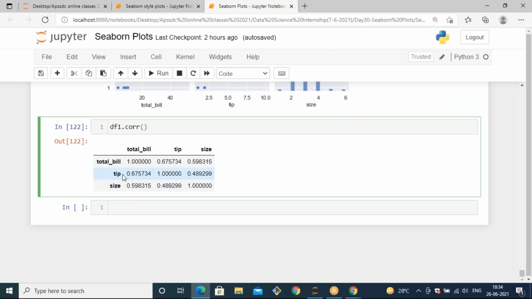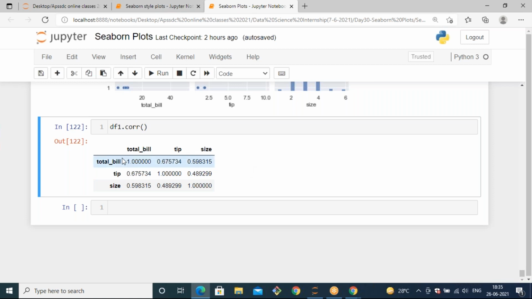And also you can see tip to total bill, and here also you will get 0.6 as the correlation value when you calculate tip to total bill correlation. And tip to tip also is a good correlation, since the same features have high correlation, but we don't take it. And if you see tip to size, it is 0.48, so we don't consider tip and size as the best features. And also, if you see size, that means it's up to you.